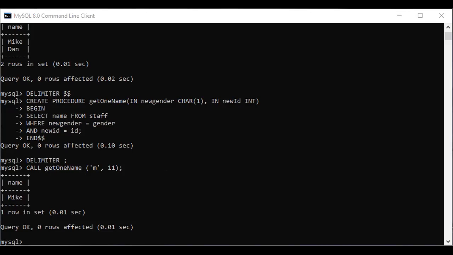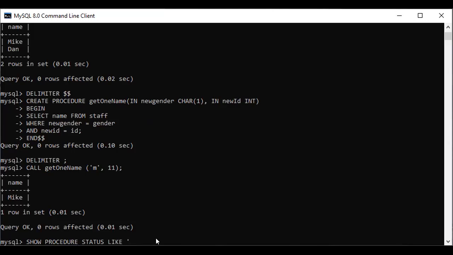Now what I want to show, I want to see the status of the stored procedure that I created. So what is the code for that? Show procedure status like, I'm using the wildcard like.